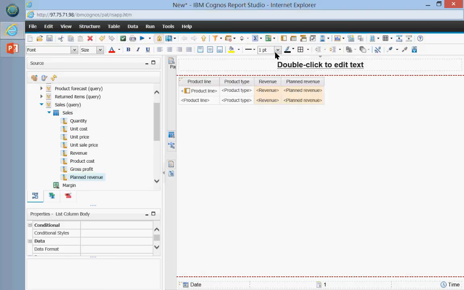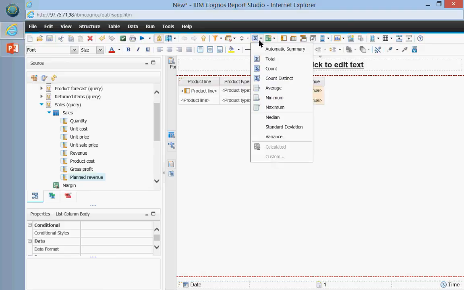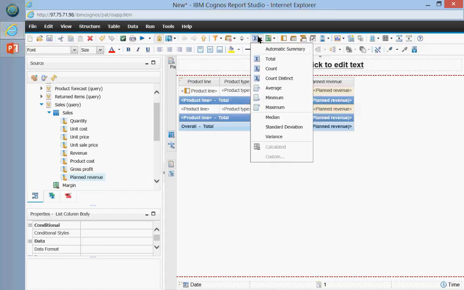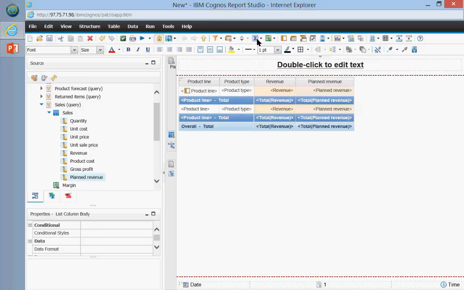if you have used Excel, you know how to summarize. If I click on the summarize icon and say total, I'll have a total line. Here I have a bunch of options available. I can do count, count distinct, average, minimum, maximum, things like that. So now if I run this report and show you the output,